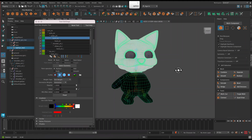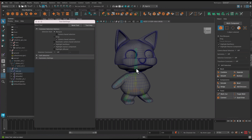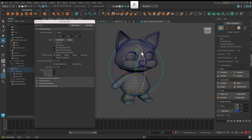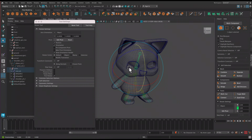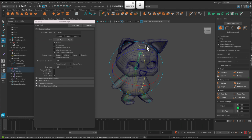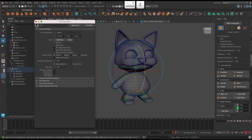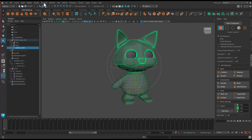There we go. So let's just look at what that does. So now if I grab my joint and hit rotate, you can see it's moving this quite evenly. It looks like I left a little bit of the eye socket behind, and the eyes are behind. So let me fix that. The eyes we'll do in a separate video. Okay, so now I'm just going to go back to select my mesh,